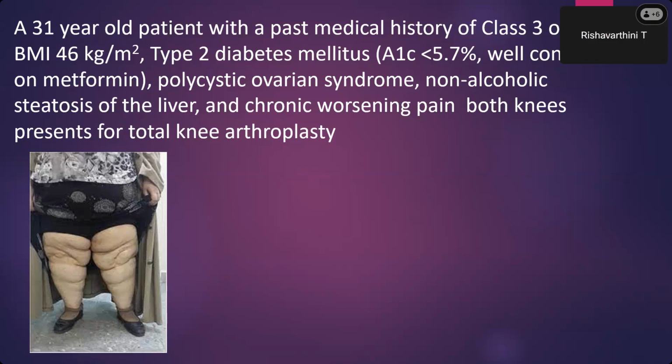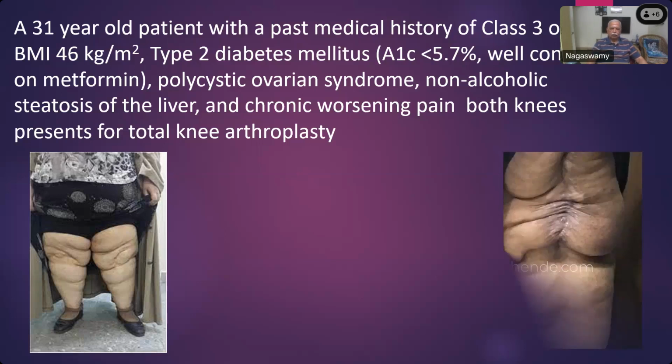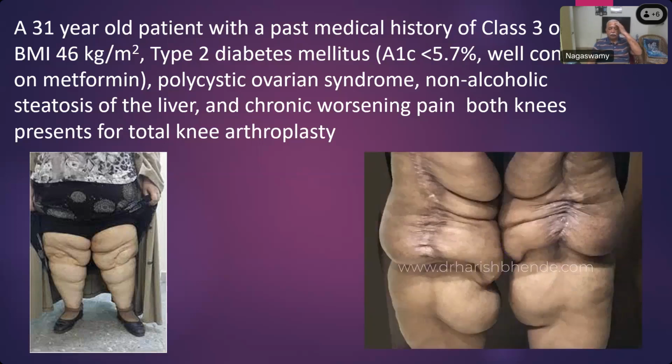Excess weight, causing what problem? Osteoarthritis. Osteoarthritis of the knee. Very good. So the wear and tear is more because of the excess weight. And so if she undergoes an arthroplasty, then the scar may look like this because of the obesity. It may not look very appealing or cosmetically acceptable, but because of the obesity, it may look like this also.